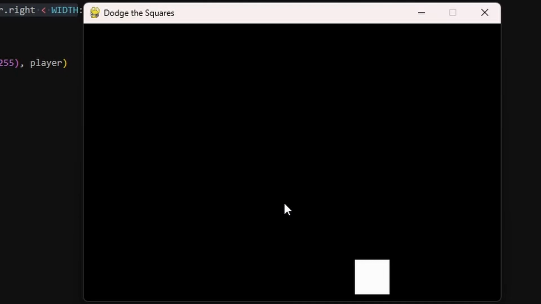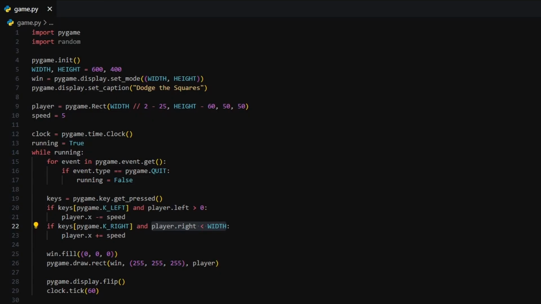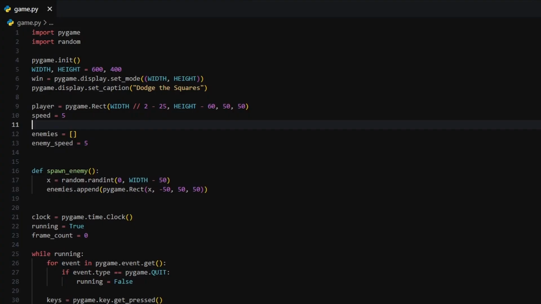Now comes the danger. Red rectangles start falling from the sky. Why red? Because that's the universal color for danger. We set up an empty list called enemies to store our little doom bricks and give them a fixed enemy speed. To make things appear from the top at random positions, we define a spawn_enemy function. Inside it, we generate a random x coordinate somewhere within the screen width. But we subtract 50 to make sure the enemy doesn't spawn partially off screen. Since each enemy is 50 pixels wide,